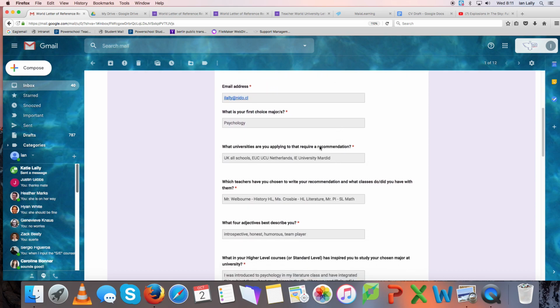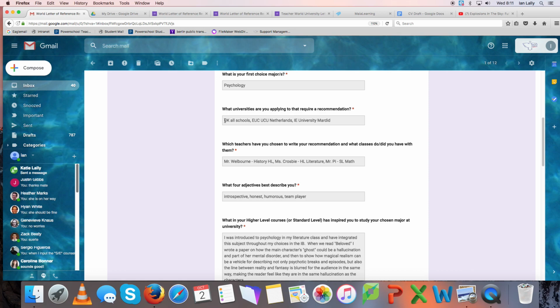You see here, they tell you what universities they're applying to that require recommendation. You have a UK all schools, EUC, UCU, Netherlands. These universities are going to require the short form. Then we have a longer form letter here. In this case, the student would require both a world letter of recommendation, where I'm going to show you how you're going to do these brief 7 to 10 sentences, for the Netherlands and the UK. But they'll also need a full letter of reference